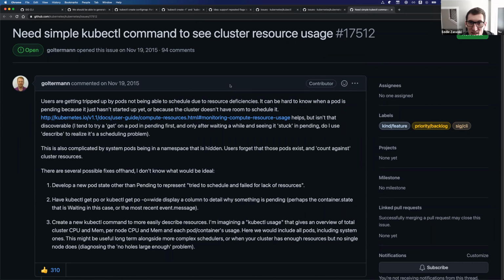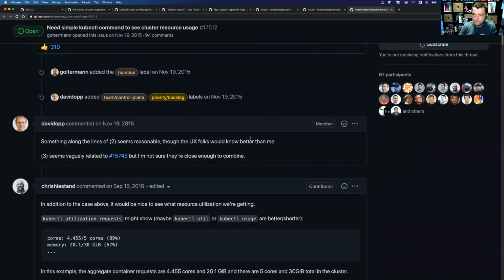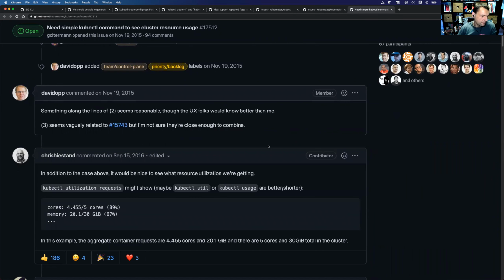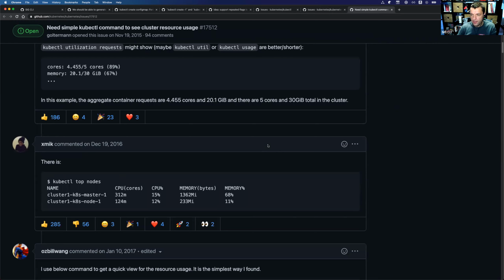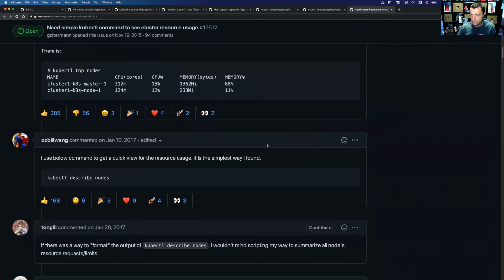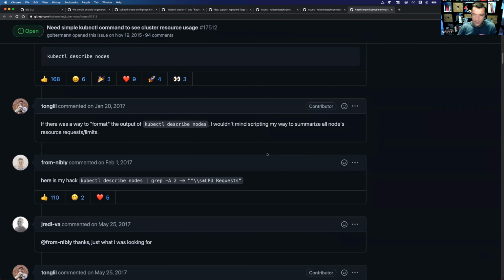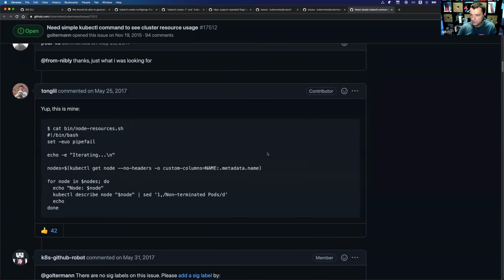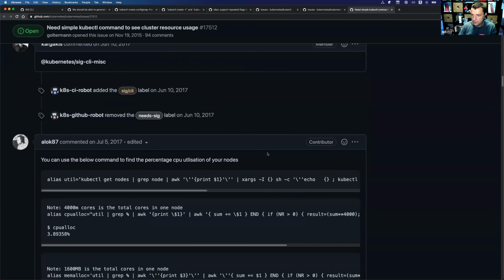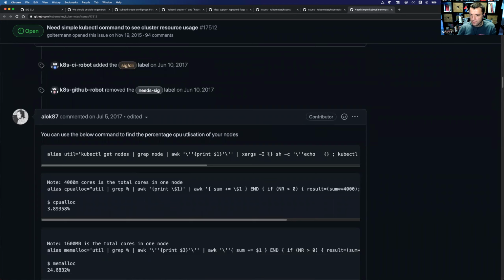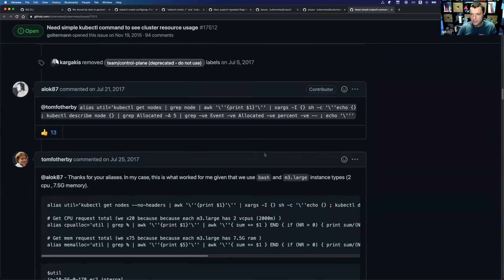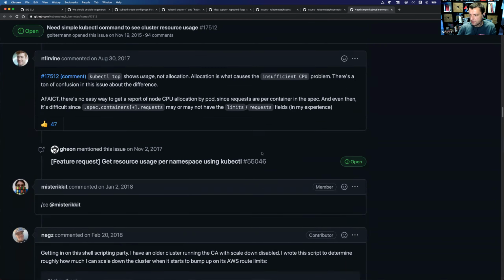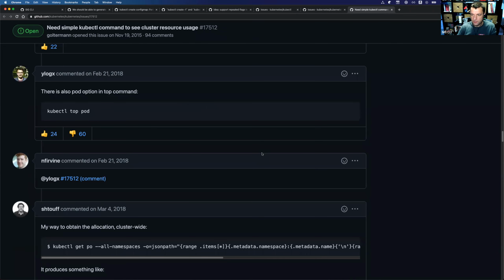Need simple kube control command to see cluster resource usage. Top. Yeah, that's literally what I'm thinking about. And on top of that, you probably should have some kind of a monitoring stack deployed. So I'm not sure how relevant the data that we can present is. Yeah, there's top nodes and the describe nodes. I think I would just close this as is. It has sufficient numbers about top nodes and about describe nodes that